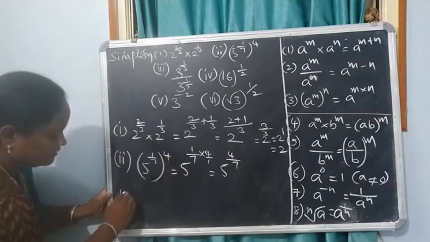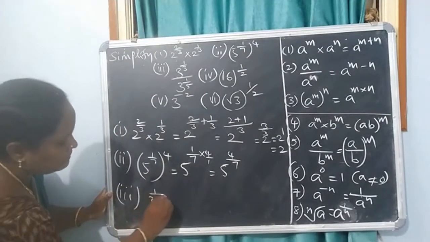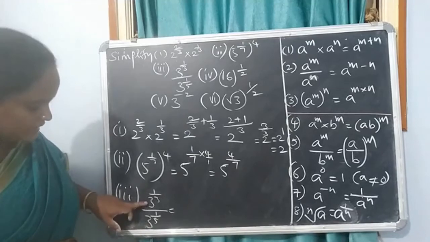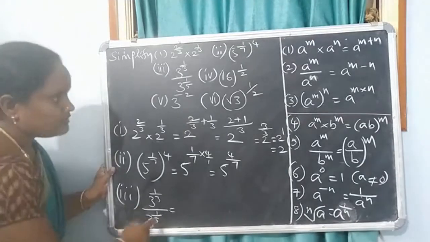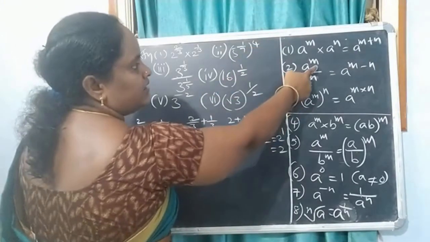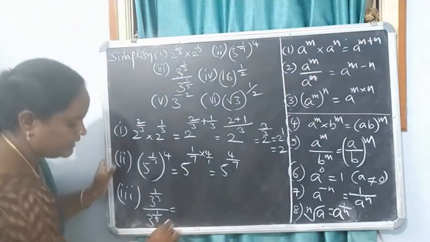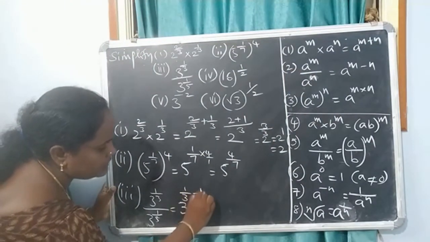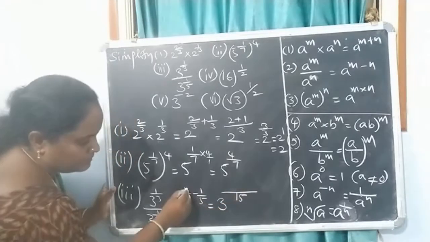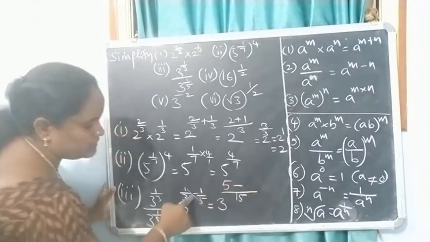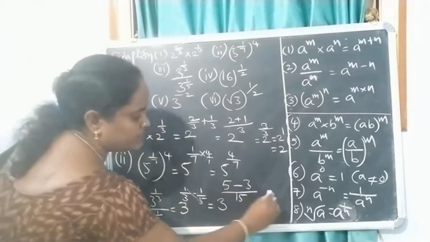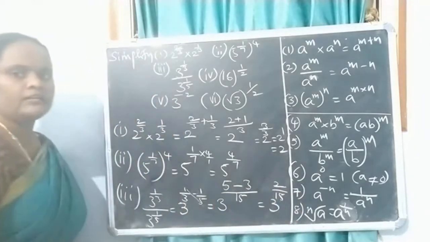Now let us move on to the third one. That is 3 power 1 by 3 divided by 3 power 1 by 5. Exponentials are divided, and here if you observe, same base 3 is there. So when same base is there, out of the first 3 formulae, here same base and divided, second formula: powers must be subtracted. So 3 power 1 by 3 minus 1 by 5. LCM is 15, by cross multiplication, 1 into 5 is 5 minus, 1 into 3 is 3. So we have 3 power 5 minus 3 is 2 by 15, 3 power 2 by 15.